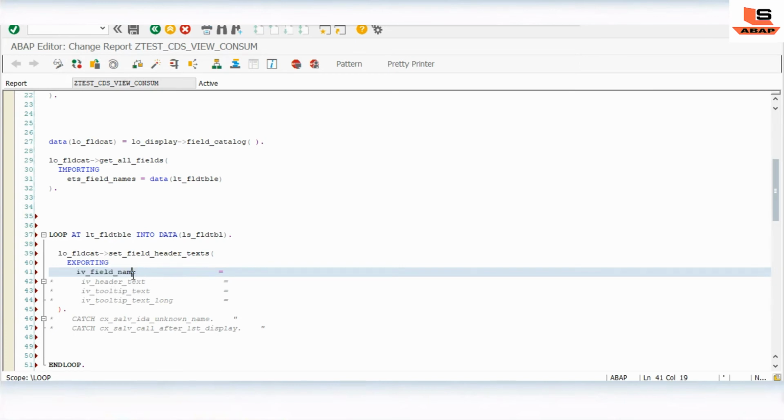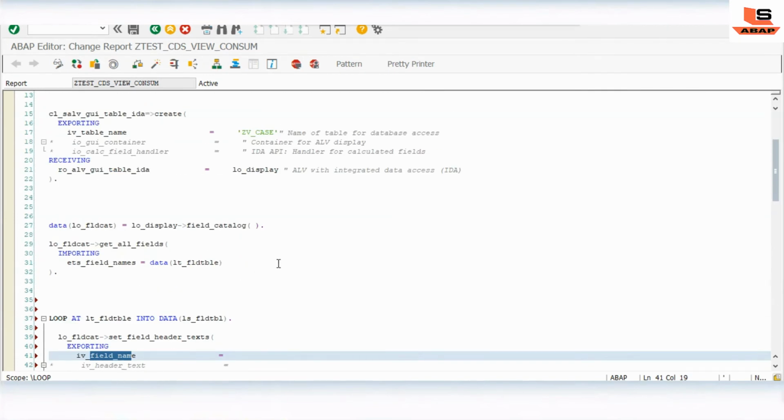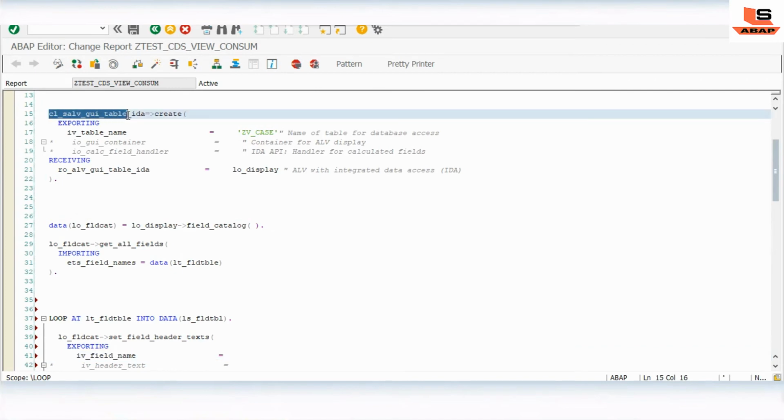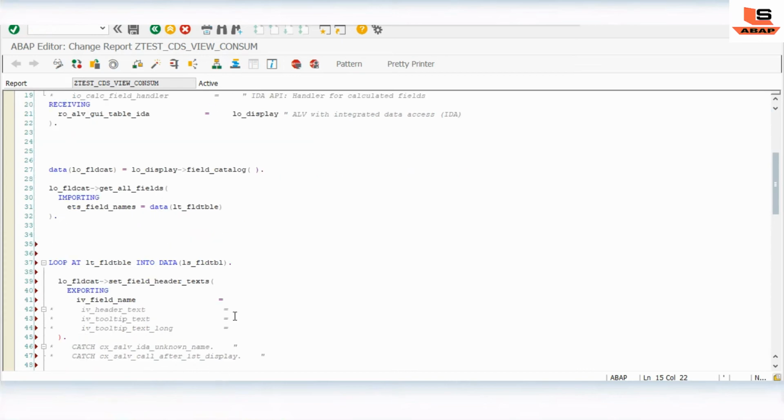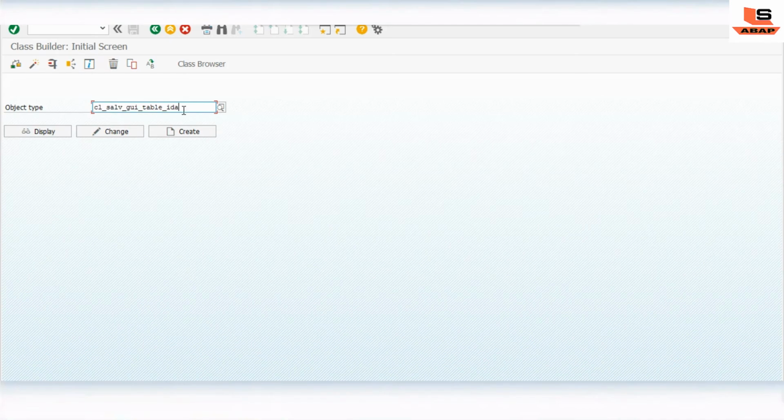We have to pass the field name, but before that we need to define the variable. For that, let me go to this class once, in SE11, SE24, to find out which name we can pass here. In SE24 we put the class and display.